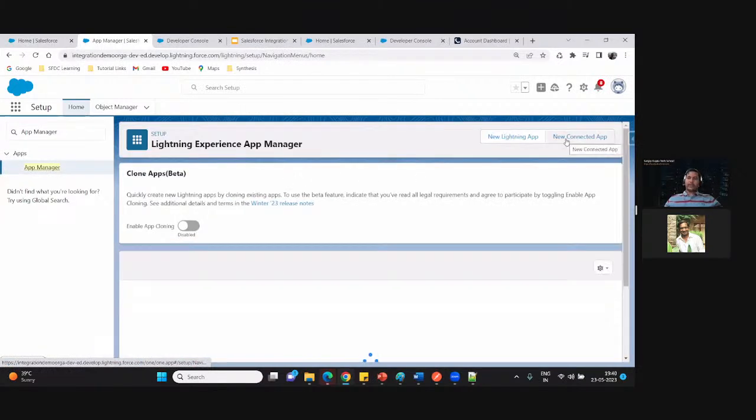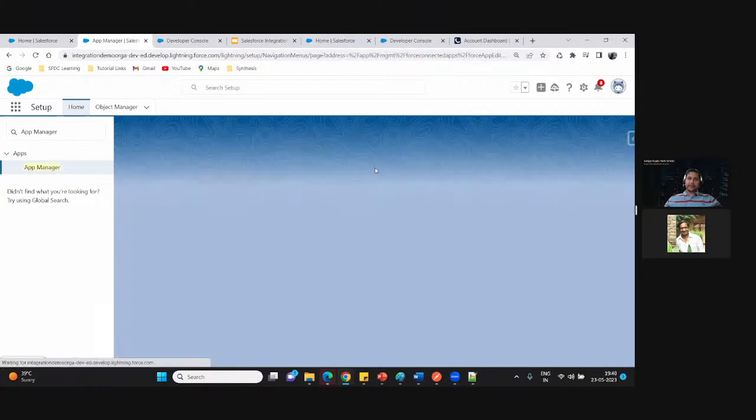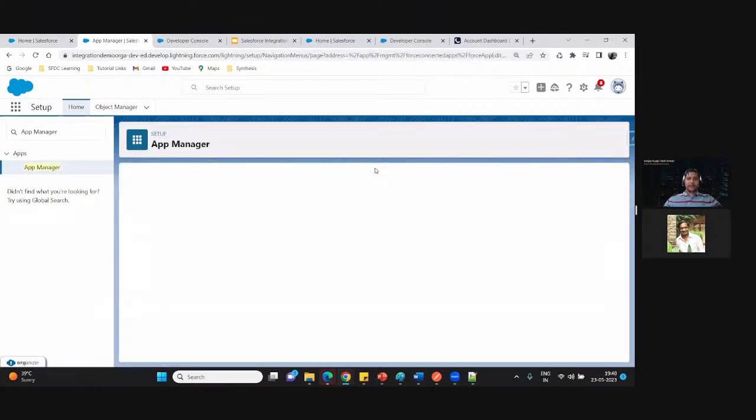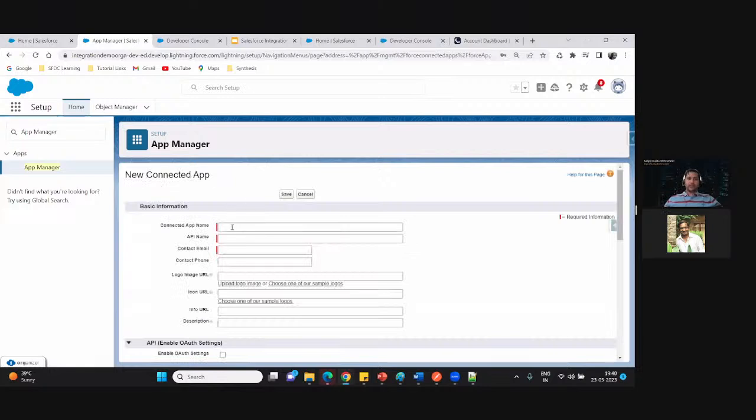And here we'll click on the new connected app. Post that, we will create the connected app. You can give any name to the connected app. Let's say I am giving the name here as the Salesforce